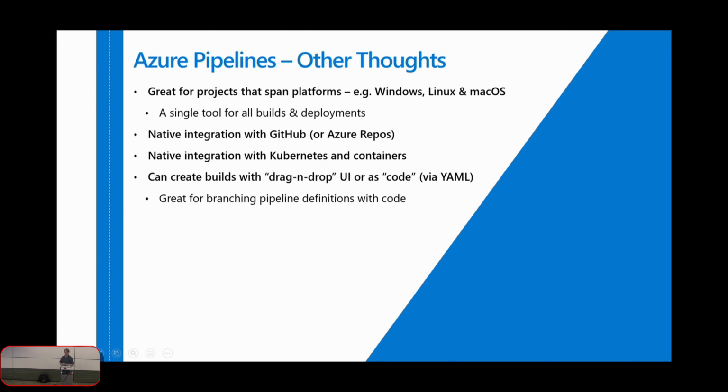Native integration with GitHub. Obviously with Azure Repos, that kind of goes without saying. Since Microsoft acquired GitHub sometime last year, toward the end of the year, I guess they had $7.5 billion burning a hole in their pocket. But ever since they acquired GitHub, they've done a lot of work around integrating pieces of Azure DevOps into GitHub itself. And Pipelines is one of those. So if you have something in GitHub, you can use the build and deployment features as well as the Azure Boards features that we saw earlier, all with GitHub. And again, back to Kubernetes.